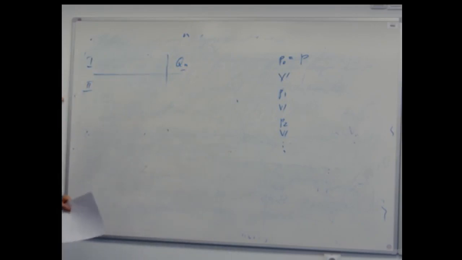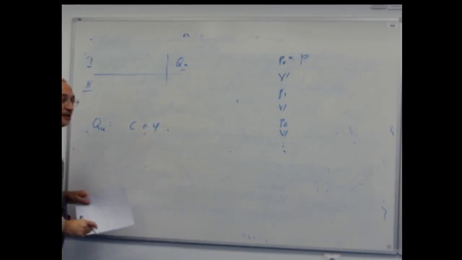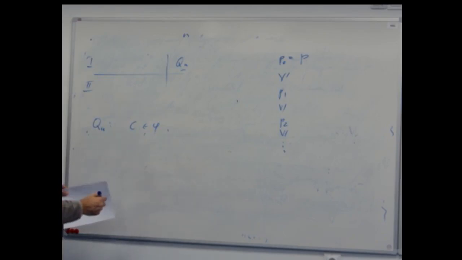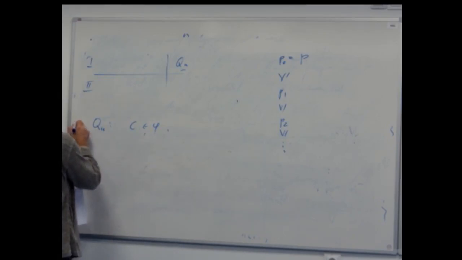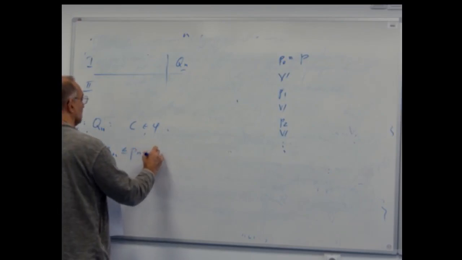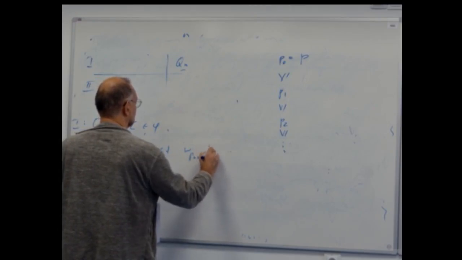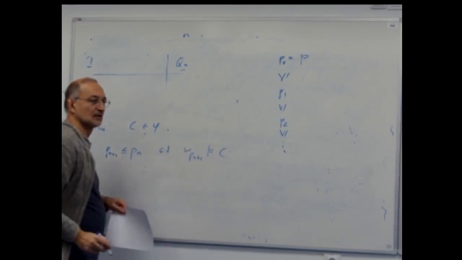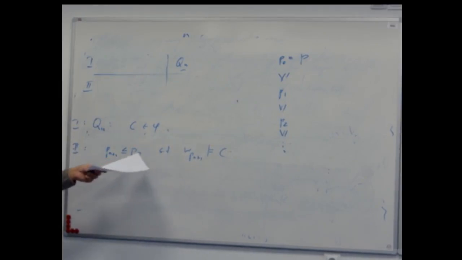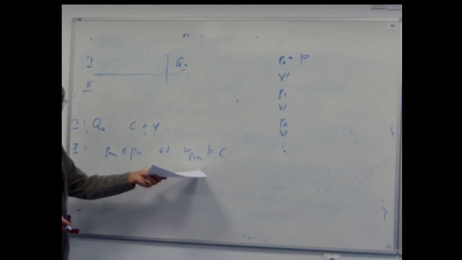So what can Qn be? Qn could be a clause C in the formula, and then in Pn plus 1, this is the answer. Player 2 plays Pn plus 1 stronger than Pn, such that W of Pn plus 1 satisfies C. Or rather, picks a literal in the clause C and decides that it's true.